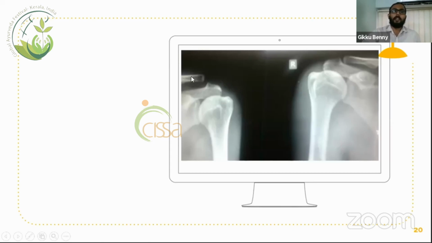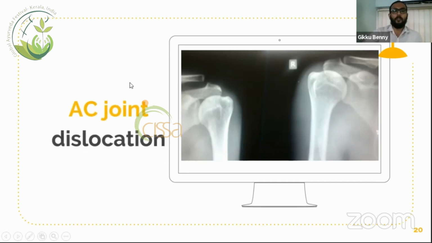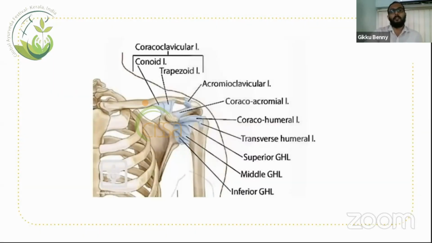Please note, the patient presents to OPD with a lump and pain with a history of fall onto the shoulder. We check whether there is tenderness, go for an X-ray, and check whether the displacement is up to the width of the clavicle. Then we can go for conservative management. This is regarding acromioclavicular joint dislocation. Regarding the shoulder, the most common dislocation is anterior shoulder dislocation, but there is a rare chance of AC joint dislocation which may be overlooked. So keep this differential diagnosis in mind also.